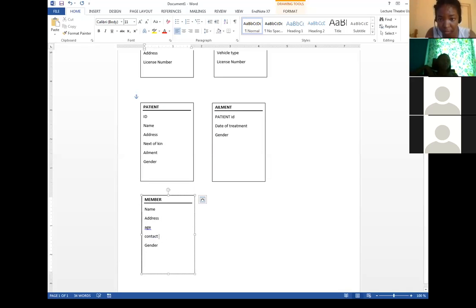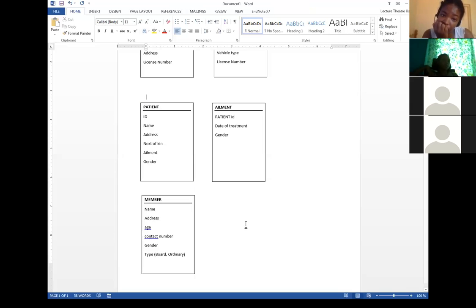So I would say type of member, and then we could put in brackets that we're looking for if the person is a board member or an ordinary member. So that's the kind of data that we want. We want to know for every member their name, age, contact number, gender, and the type of member that person in particular is. Now, what was the other one that you have? You had a bigger one that was broken up into